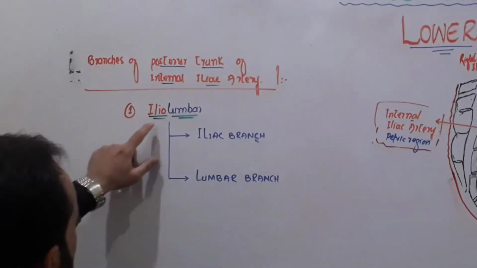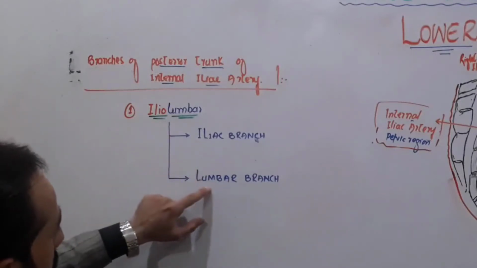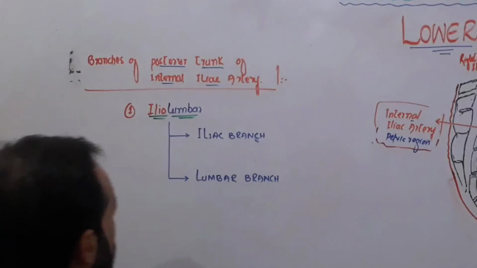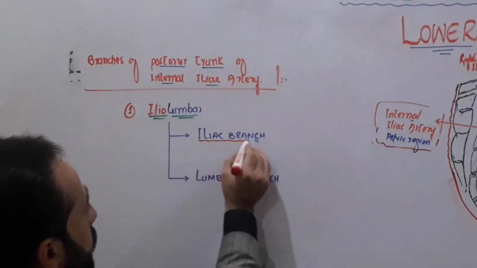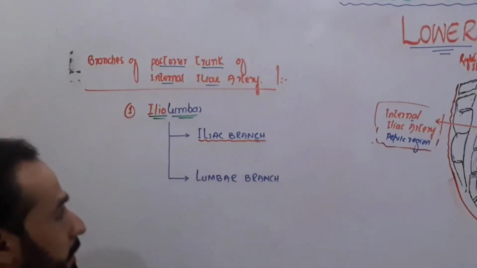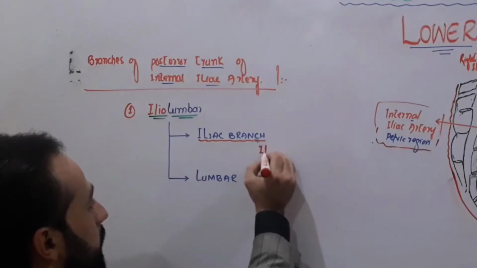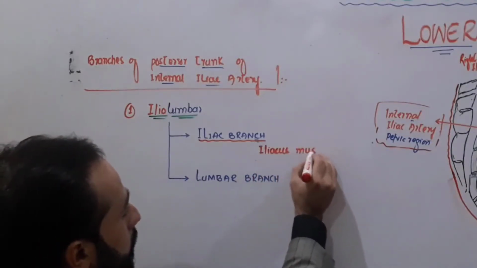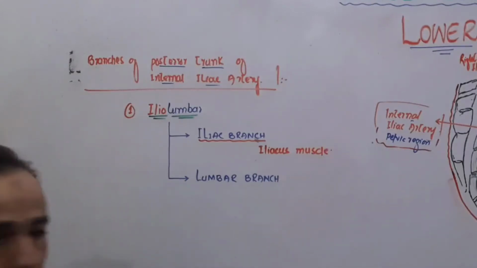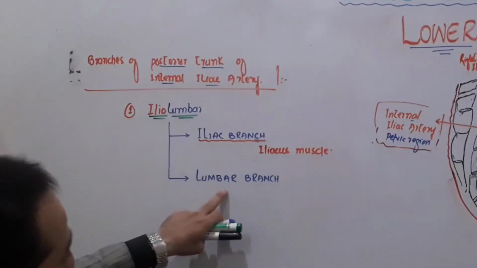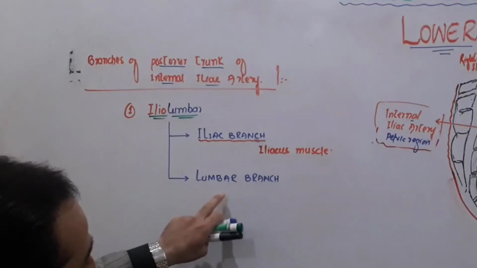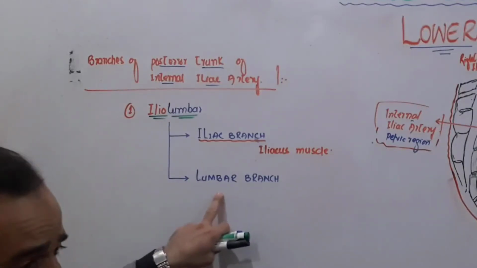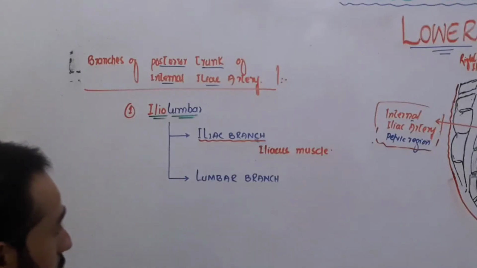Its name mentions the iliac branch and the lumbar branch, and I will show you in the diagram, don't worry. This iliac branch is responsible to supply blood to the iliacus muscle. Right, friends? And this lumbar branch is responsible to supply blood to two important muscles,